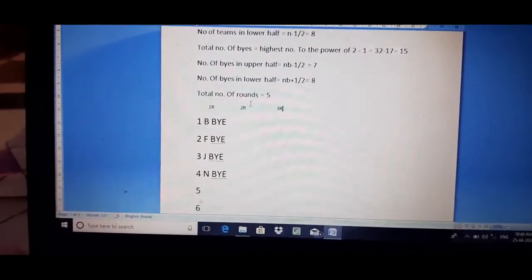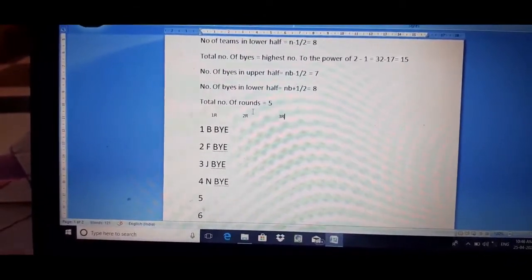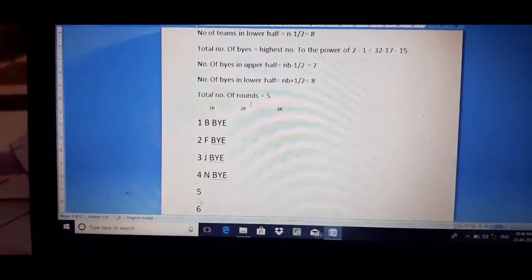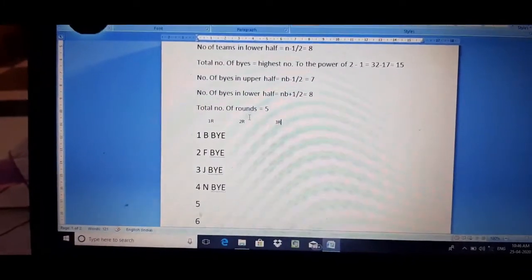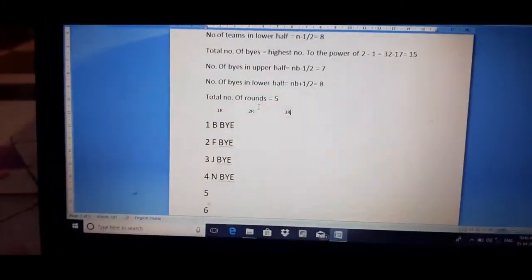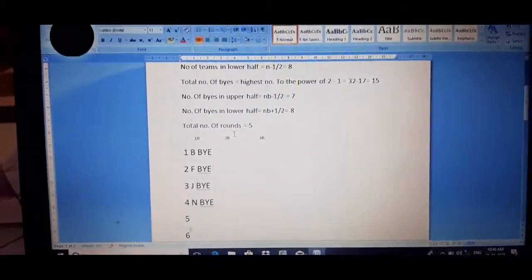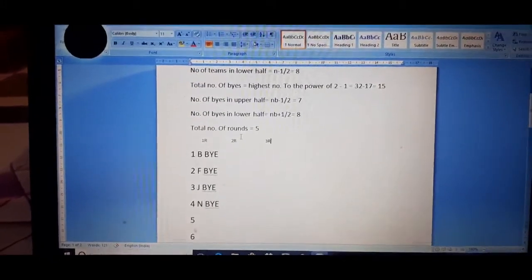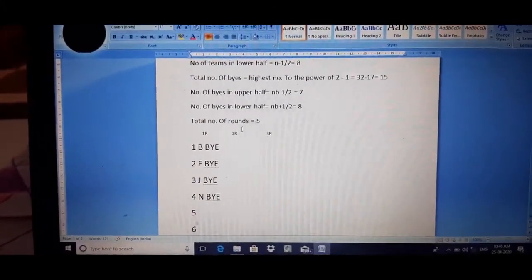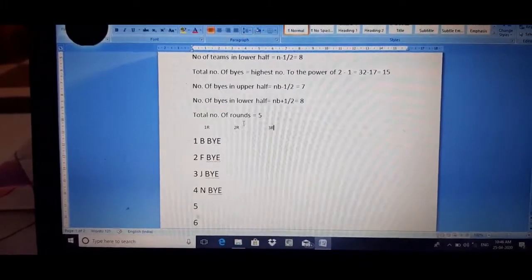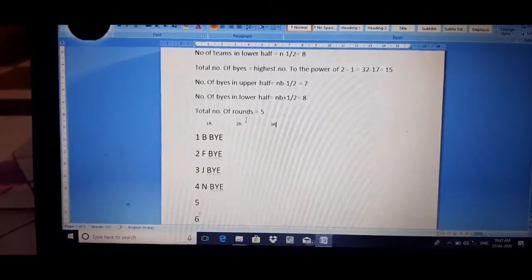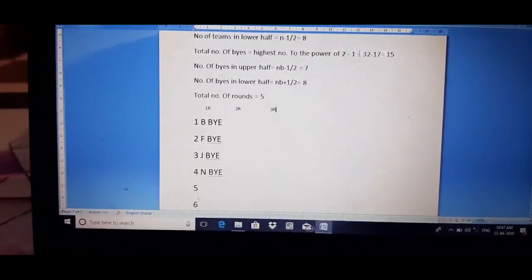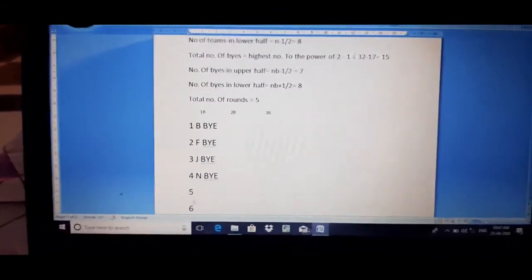Okay, and follow all these steps, and then if you are free at home, please try with 19, 11. Okay, getting it? So we'll do one more question tomorrow, that will be 15. Okay, we'll do with 15. Why am I taking 15? Because see, 17 has the most number of byes, whereas 15 has the least number of byes. Okay, because if you come to the total number of byes, the highest power of 2 to 15 is 16, and the total number of byes that will be left over is 1. Okay, so that is the easiest one.